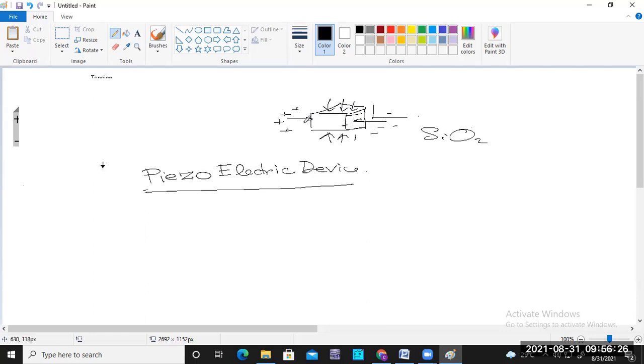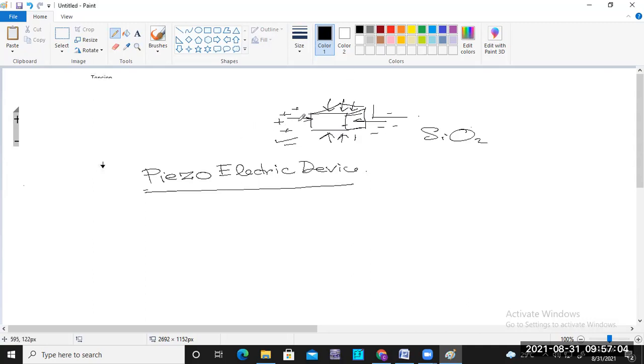So we may sense any pressure. Maybe a man is walking over this piezoelectric device. We can count it, because whenever his foot presses this piezoelectric crystal, at that moment we get a pulse. This pulse indicates his presence or proximity. It may also be applied for force measurement. When some force is applied, we can measure how much positive voltage is created. And it may be applied for the buzzer.